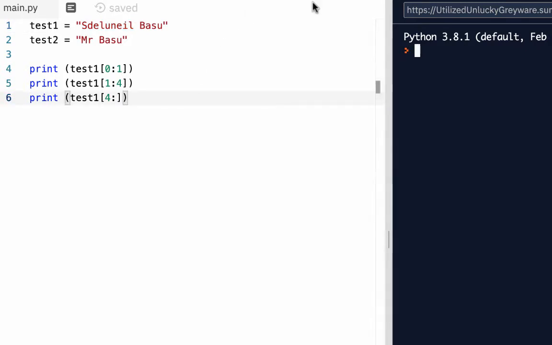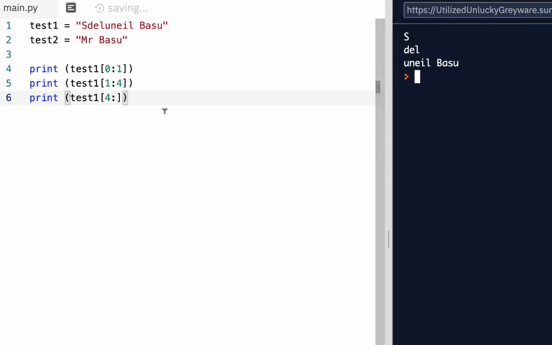So if I run this, you can see I've got all the bits I need to test. So I can do my condition: if test 1, square brackets, if the second, third and fourth letters are del, are equal to del, then